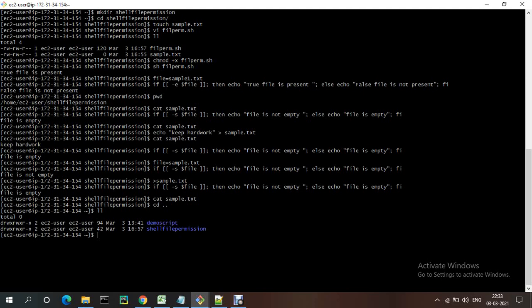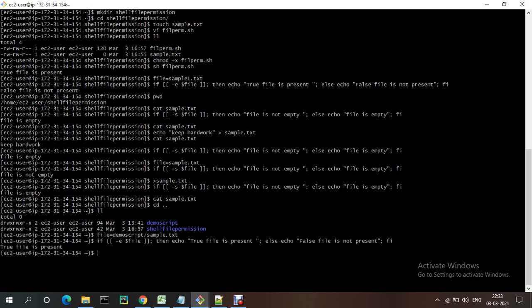For that I need to mention file equal to demo/sample.txt. Now let me execute the same thing. See, true, file is present.